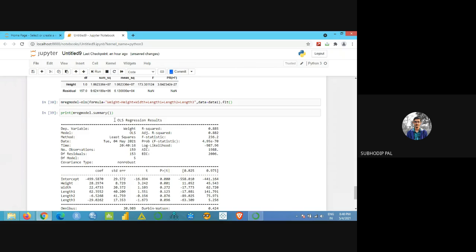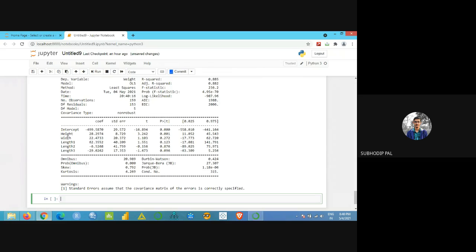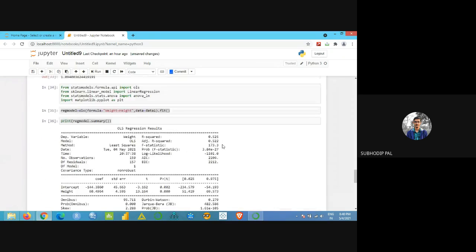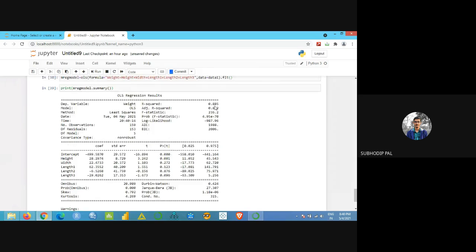See, this is the output of multiple linear regression with the independent variable names: height, width, length one, length two, and length three. All these things are coming in the coefficient table, right? See how these values are changing. When I had used only one variable, my R square value was 0.525. Now my R square value is 0.885.